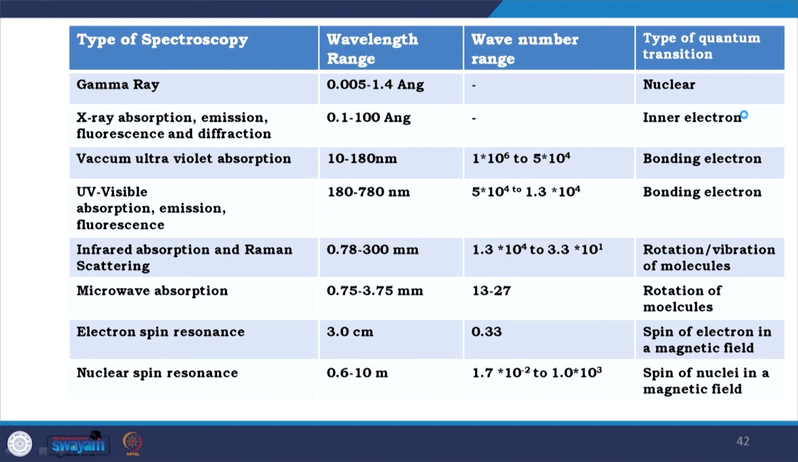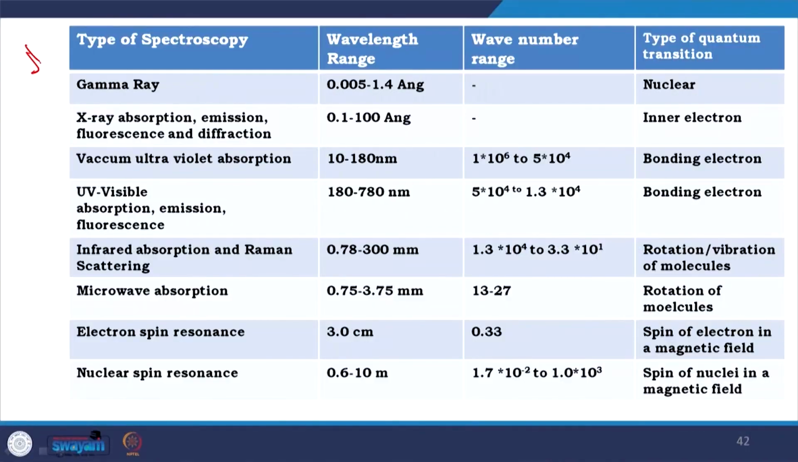And so, as I told, these are the different parts. Gamma ray works at the nuclear level, and gradually the wavelength range increases and energy decreases. So, it goes from high energy to low energy, and reversely in wavelength. In the next few classes, we would talk about different spectroscopies like UV visible absorption spectroscopy,